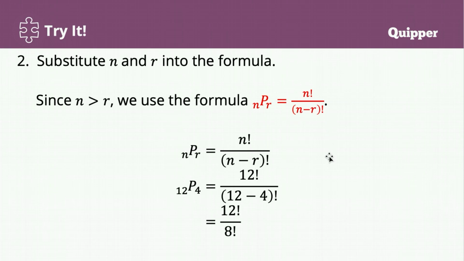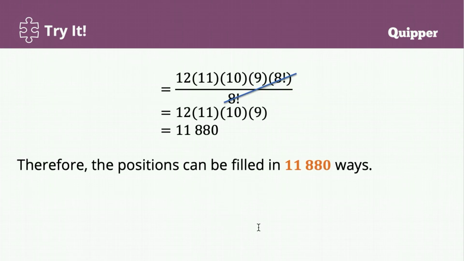Now we are to substitute the values of n and r, which are 12 and 4 respectively, and we get this: 12 factorial over 12 minus 4 factorial. So solving 12 minus 4, that is 8 factorial. And we have 12 factorial over 8 factorial. Now, since the denominator is less than the numerator, we will just copy the denominator, which is 8 factorial,